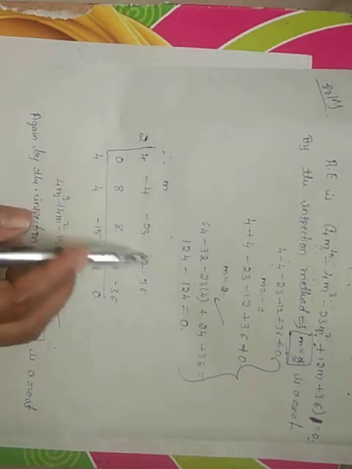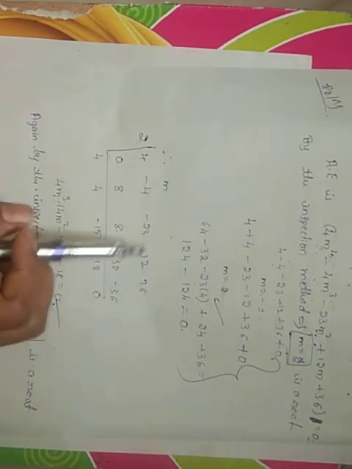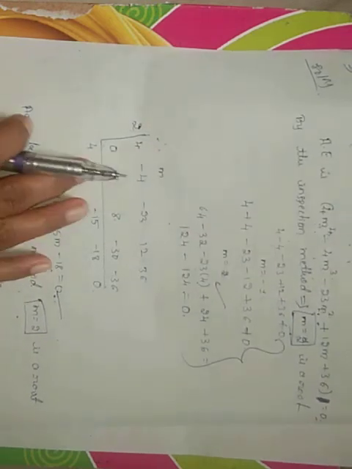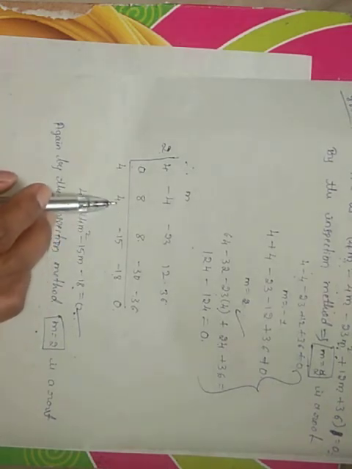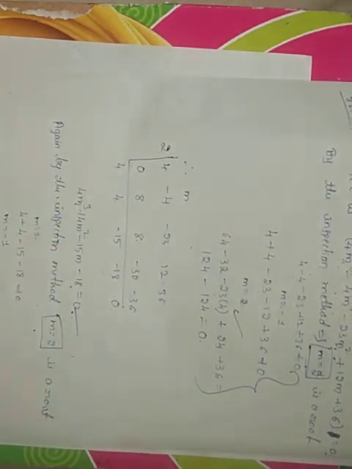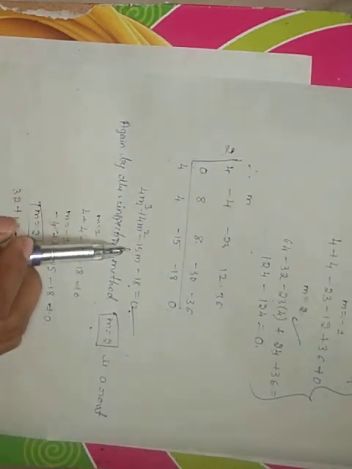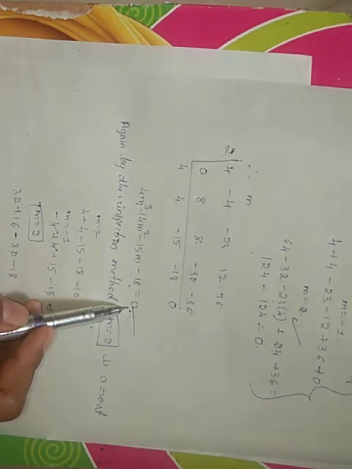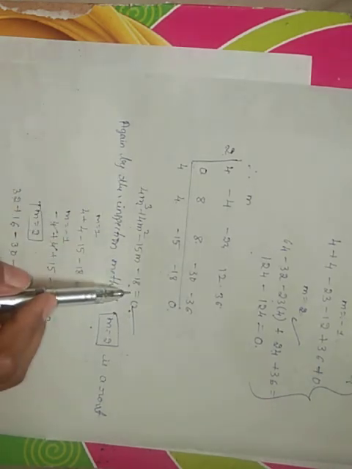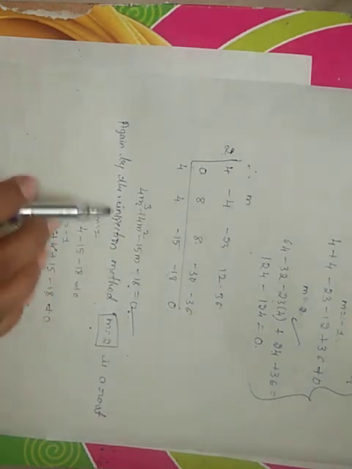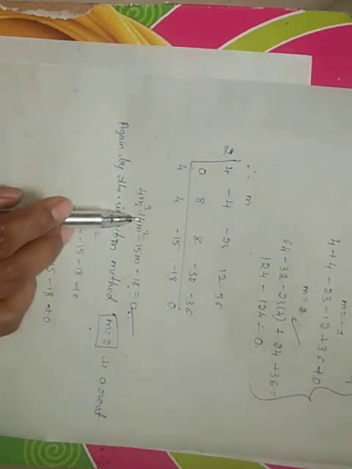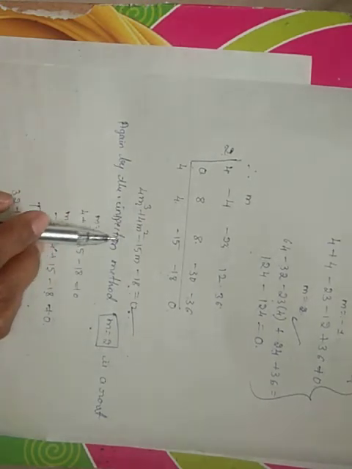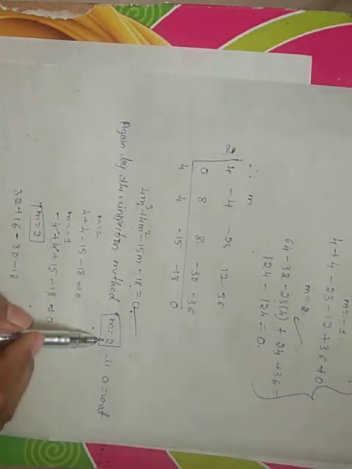In the synthetic division method, we write all the constants and the coefficients of m square, m cube and m raised to 4. We started the procedure and we get the equation 4m cube plus 4m square minus 15m minus 18 equal to 0. Again it is not solved by the quadratic formula or by factorization, and it is not a quadratic, it is a cubic equation. So again by the inspection method we find a root. Again the value of m is 2 here.